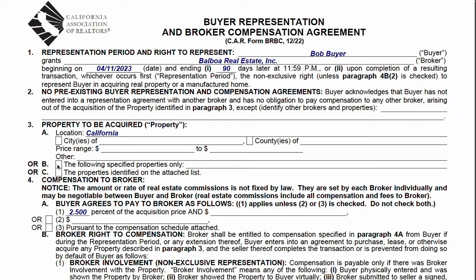So this line, you're going to use this here. If someone calls you and says, "Hey, I have an agent, but I want to see your listing. My agent's out of town. Can you please open it up for me?" Or something to that effect. If someone's saying, "I just need to see this one property," and it might be your listing, or it might be another listing that you're working with an agent on. The point is that